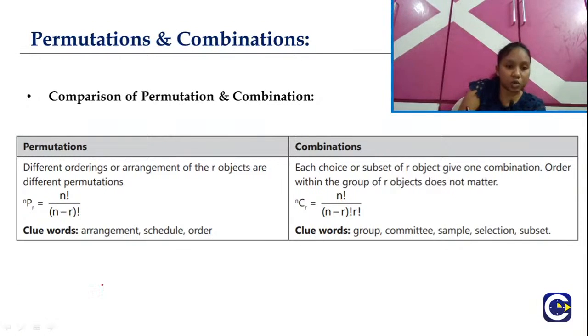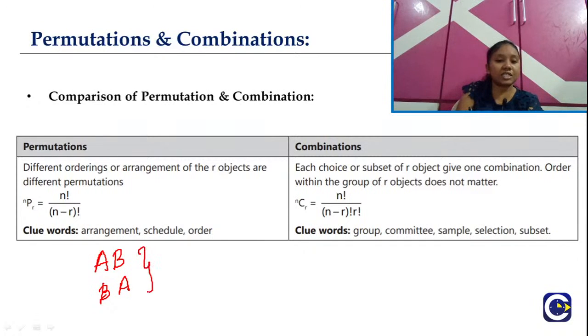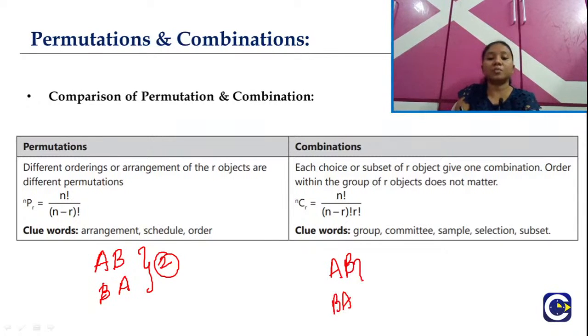For example, suppose we are having AB and BA. In permutations, these will be regarded as two objects: AB is one object and BA is another. Whereas in combinations, AB and BA both are regarded as one, because order here doesn't matter, whereas in permutations